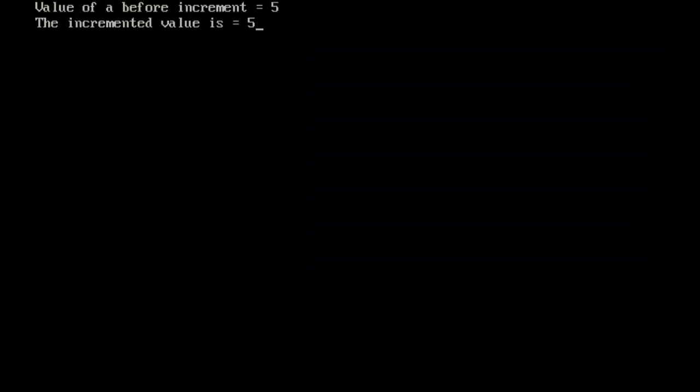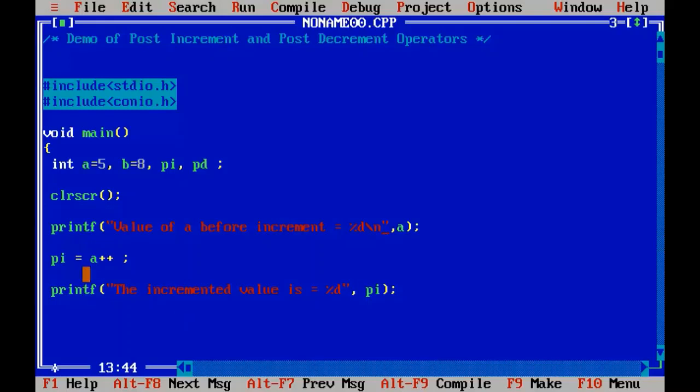So value of a before increment is 5. The incremented value is also 5. I've incremented, though I've incremented, pi has got the value still 5. Why? Because the value of a is assigned to pi before incrementation, right? So the incrementation is happening after the assignment, which is called as post increment.